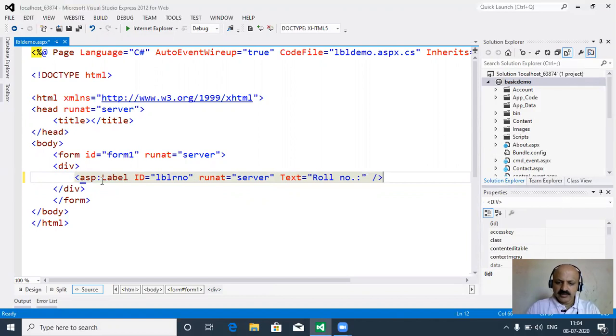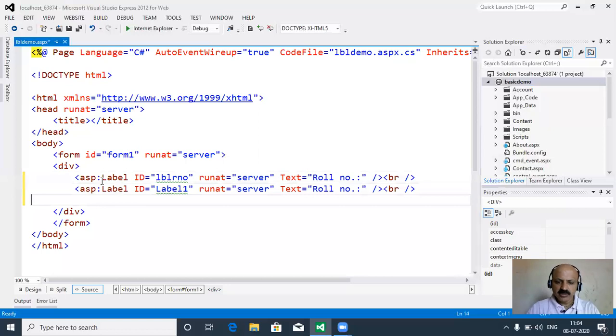Okay, then take other label, just copy this label control, and here we have to change the text like name.